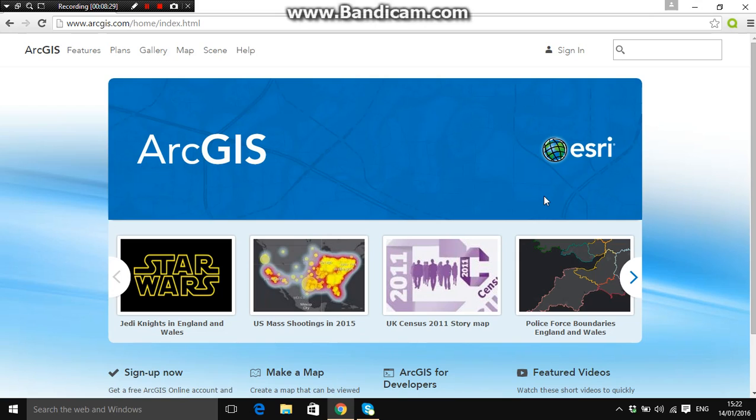So to recap the whole exercise 1, we have learned how to create our public account on ArcGIS Online. We've learned how to use the toolbars. We've learned how to add, edit and label data, as well as open up